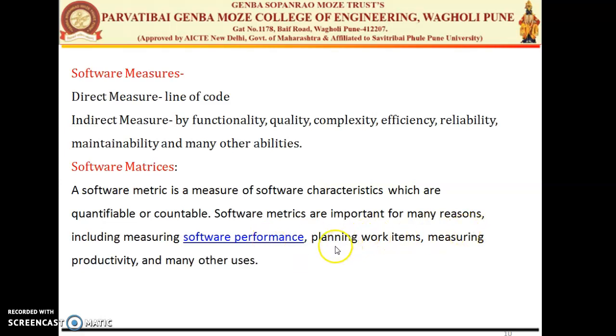The next is planning the work items, that is nothing but your planning. Then measuring the productivity, that is measuring your development, and many other activities, such as measuring the functionality, measuring the quality, and measuring the errors and bugs in the software. So those parameters can also be listed here.